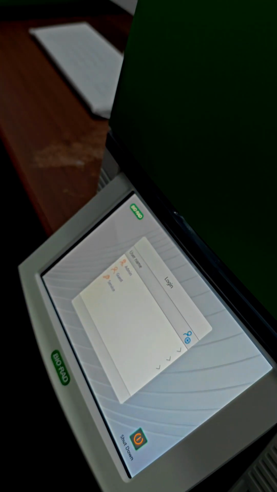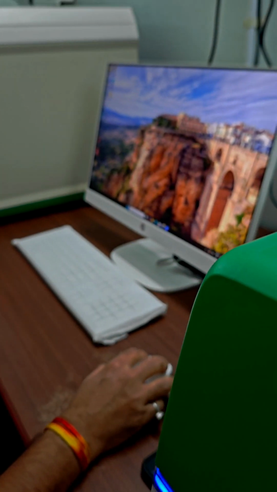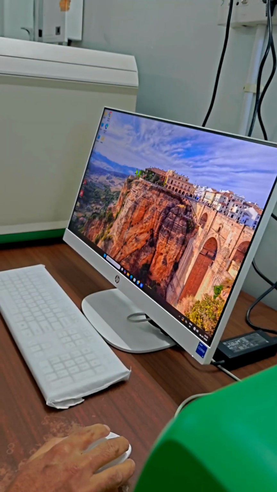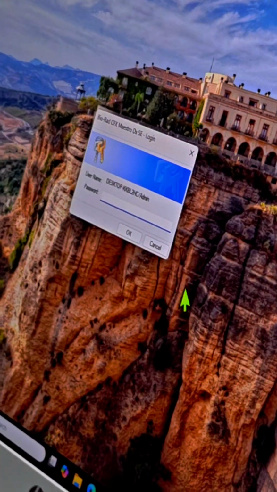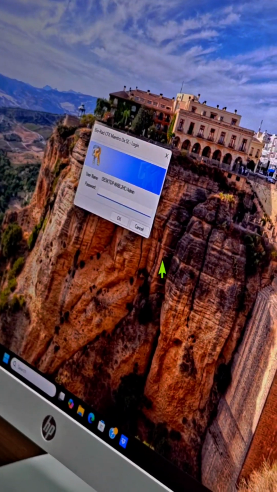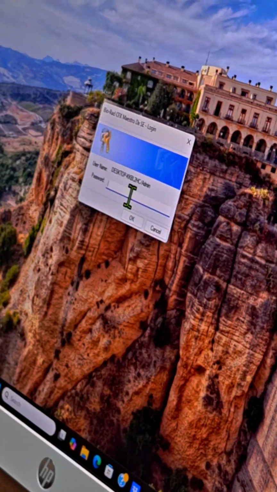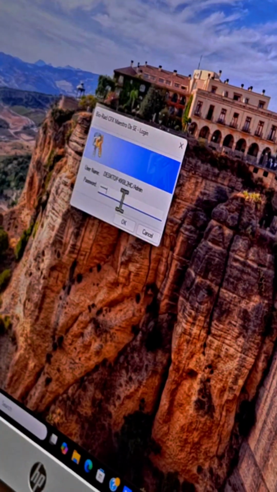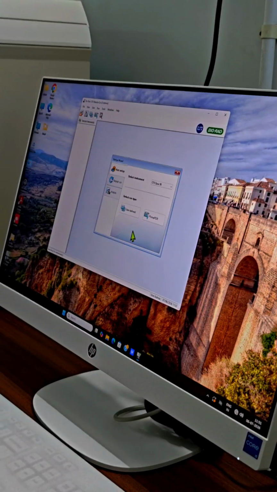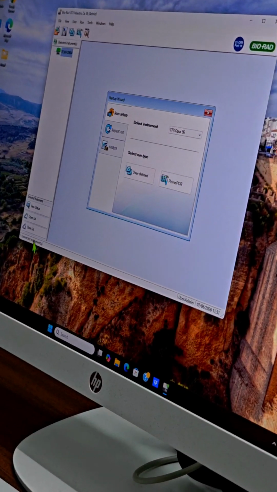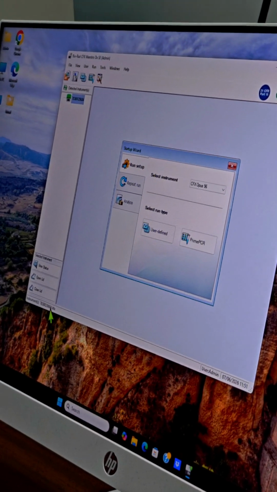If you want to run the software, initialize, do not get into any of the logins. Just switch on the machine, let it initialize, this window comes, then go to the software, this software. So this is the DX software, and it is asking for a password. The password is nothing but the password of this desktop. I have kept 1, 2, 3, 4, 5, 6. You can just note it to make it simple. Okay? And now once they are connected, it will show instrument connected, idle.